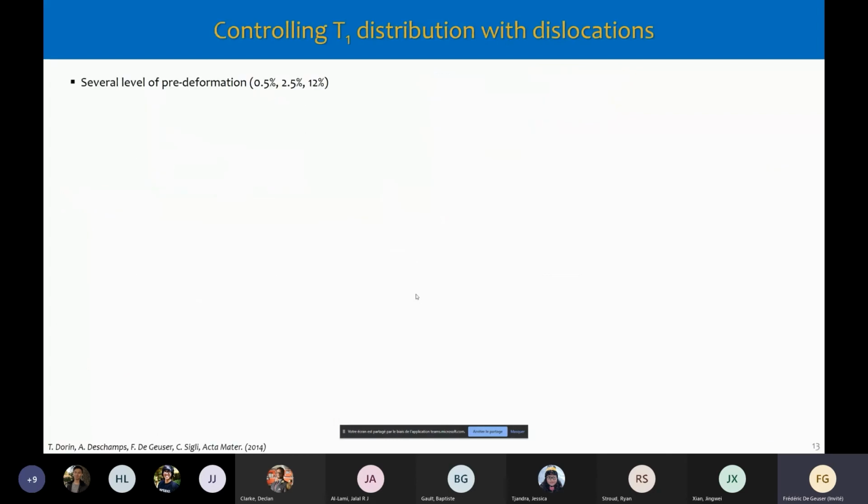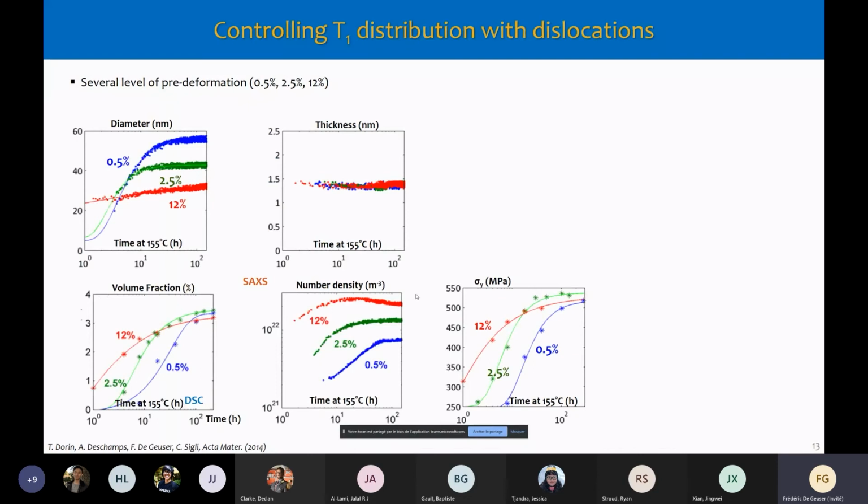Okay, so we've seen that we can control the T1 nucleation with dislocations. So can we go a bit further with this? We'll introduce different levels of pre-deformation on our samples before the precipitation treatments, and look at them with in situ heating in SAXS. And this is the kind of thing we obtain. So we have three levels of deformation here, and depending on the level of deformation, we age them at 155, and we see that we have different